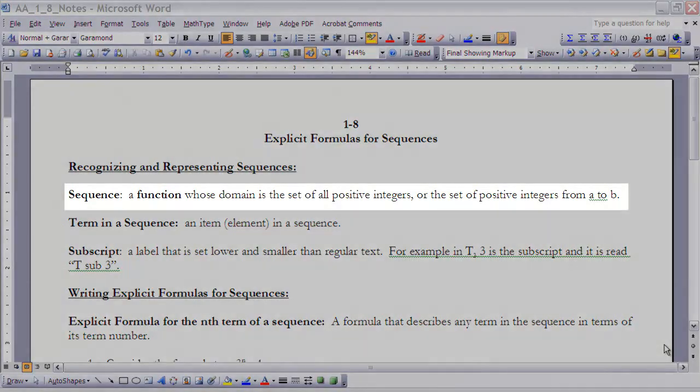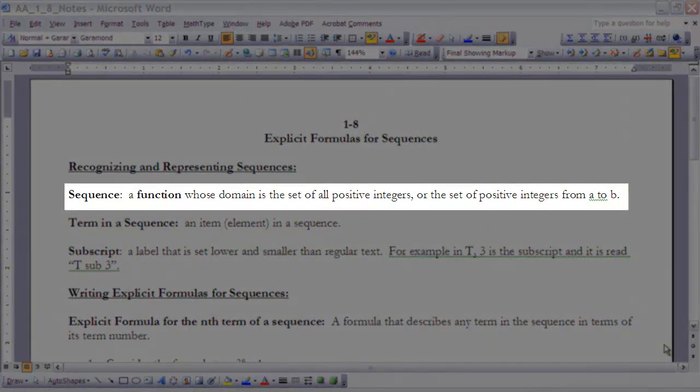First of all, we're going to look at some terms. The term sequence. What is a sequence? Well, really a sequence is a function. It's just a special type of function. The special type of function that it is, is that its domain is a set of positive integers, or the set of positive integers from a to b. In other words, it's either